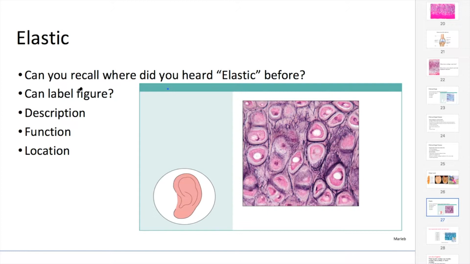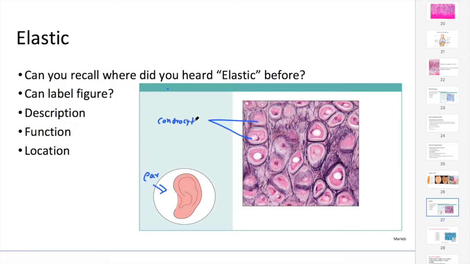Okay. So first we're going to label this diagram, and we're going to give some information about its function and location. By looking at this, you already know where it's going to be found, right? So ear, that's perfect. But let's go one by one. Alright, so can you label this figure? The first thing you do when you are analyzing any figure is just identifying the structure. What are these structures? You should know this. Come on. These are called